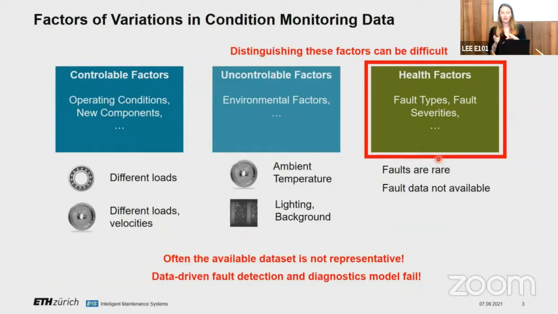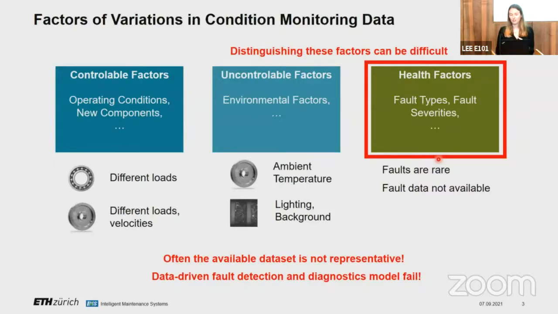But there are also a lot of other factors that also cause variations in the data, such as different operating conditions, or also some uncontrollable factors like, for example, ambient temperature might affect the stiffness of your asset, and that might also translate back to the sensor readings that you have available. So sometimes at a certain task, it's not that easy to distinguish these different kinds of factors. We're interested only in seeing the variations caused by faults, for example,